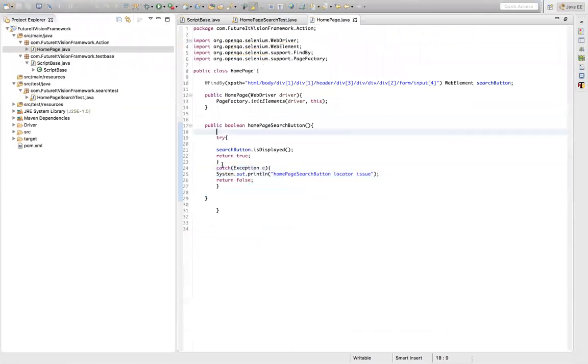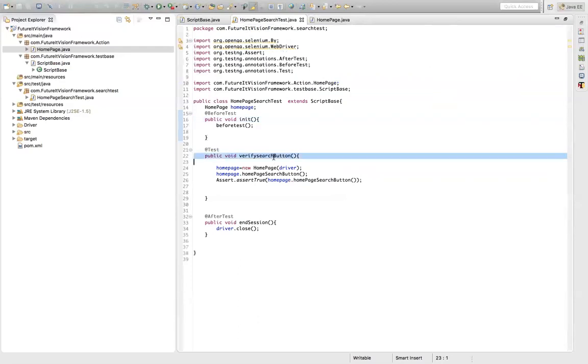So now remember this statement in the try. We said search button is displayed. If this is true, you will not see the exception. But if this is not true, you will see the exception. So now on purpose, over here I put 6 7. I want to fail this test. Let's see what happened. So if I run now